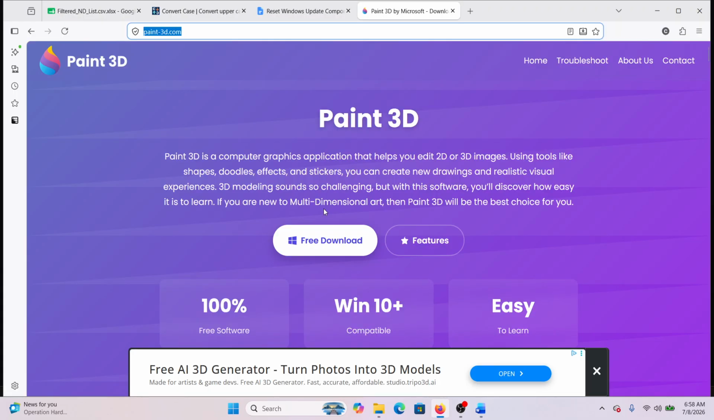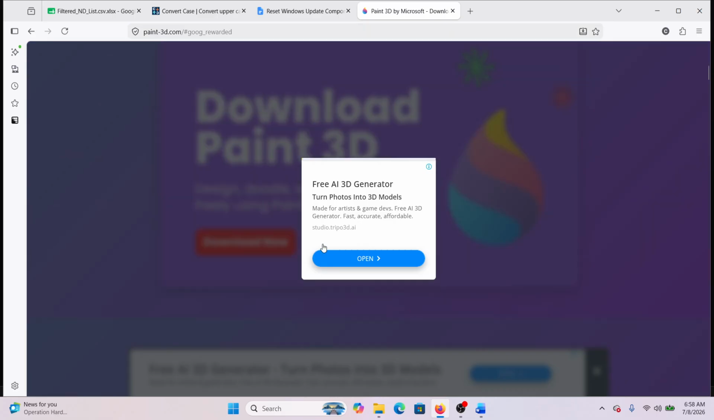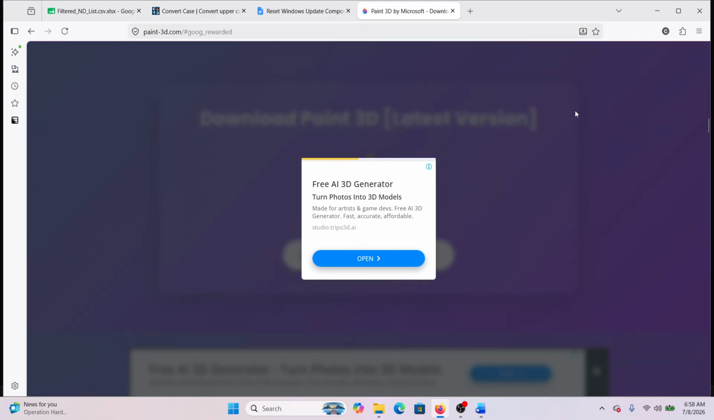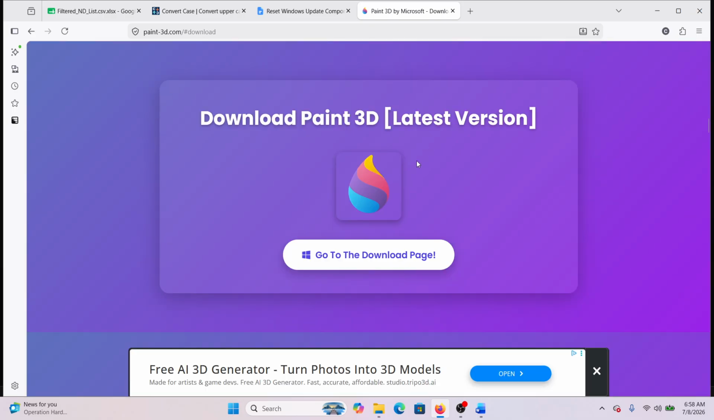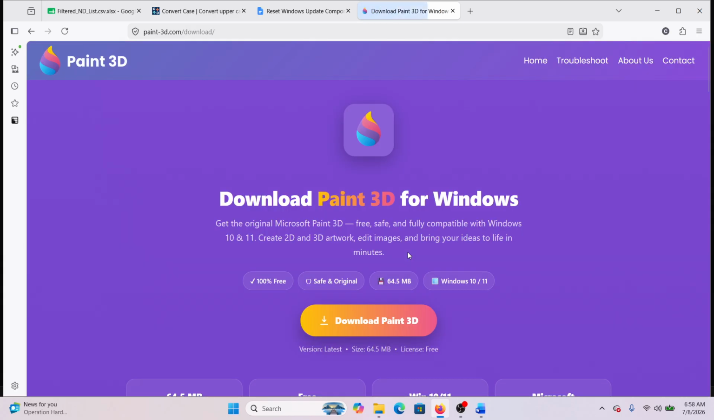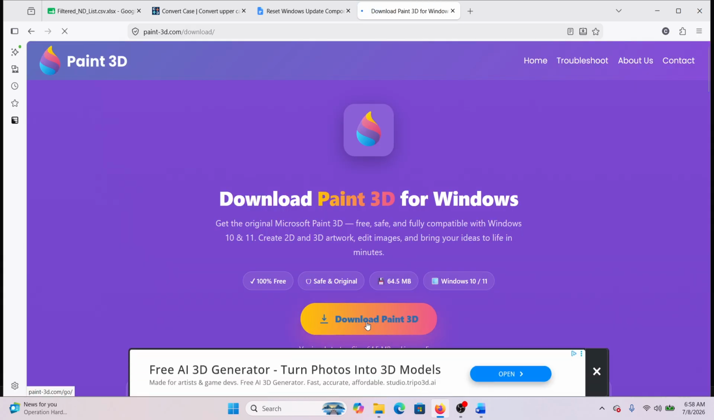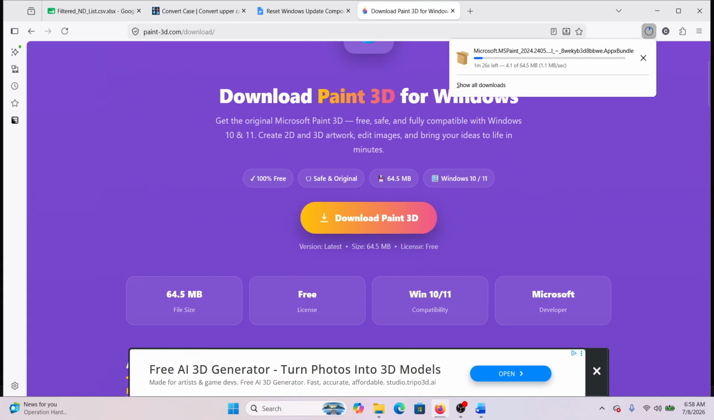So I've shared the link to the website in the description section of the video. Simply click on download, wait for the ad to complete, close the ad, and click on download here. Download Paint 3D. Okay, it will start downloading the app bundle. We will wait till it's downloaded